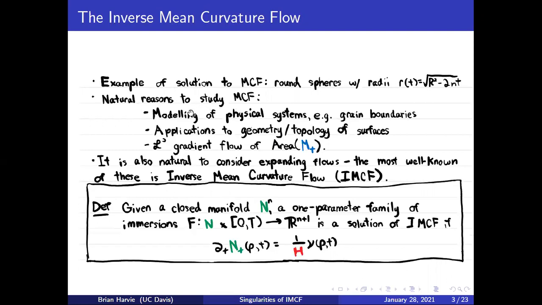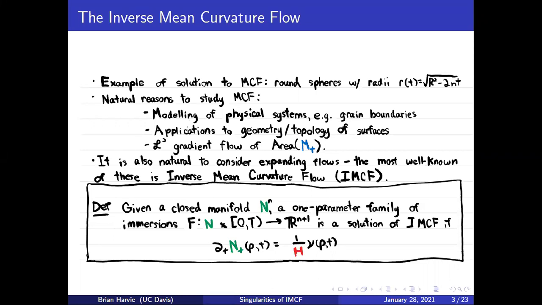Now, some natural reasons you might be interested in studying mean curvature flow are, first, that it models many physical systems. This isn't going to be the focus of the talk, but for example, grain boundaries and annealing metals, as well as surface tension phenomena are modeled to some approximation by mean curvature flow. Many applications to the geometry and topology of surfaces, for example, similar to what Perelman did for the Ricci flow,